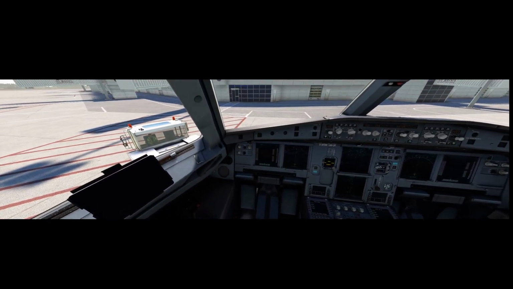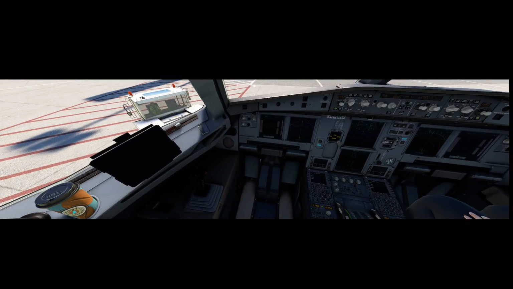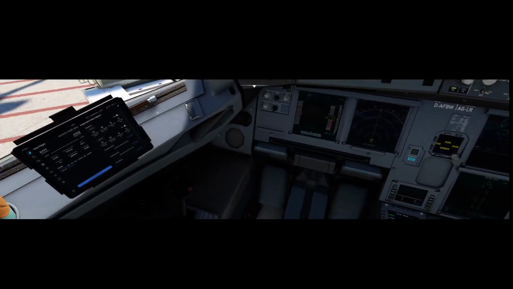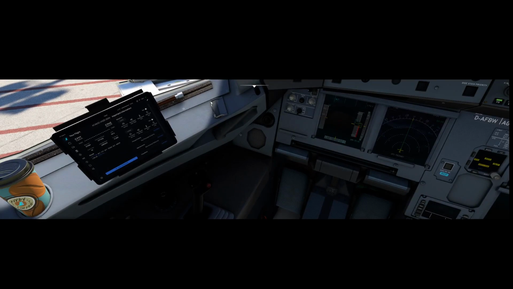You don't need to worry about anything else at the moment, so let's go down now and concentrate on getting your MCDU set up. First thing you're going to want to do now is turn on your tablet and wait for it to power up. Now it's going to show your flight right here, already laid in for you. So you're going to want to remember some of these numbers for input later, but for now we'll just go over to here to our